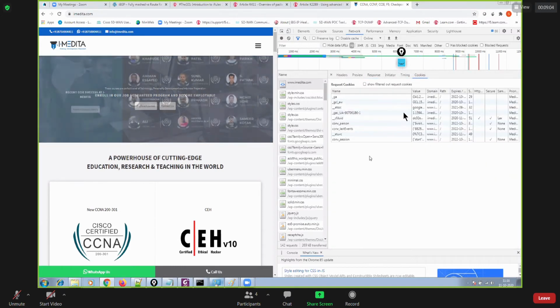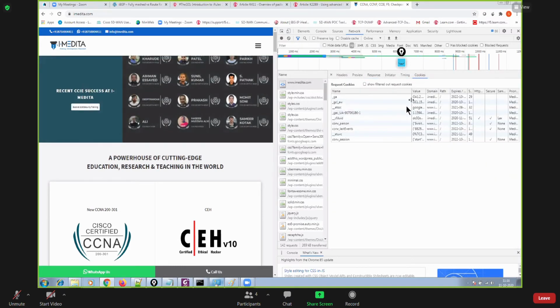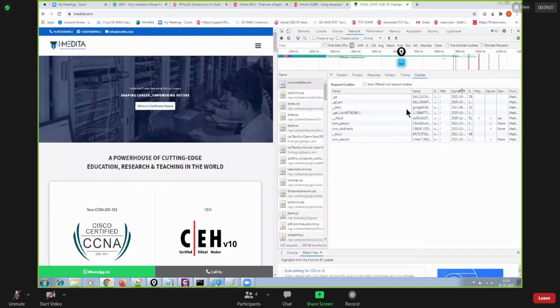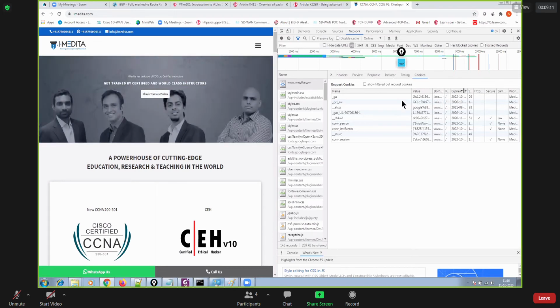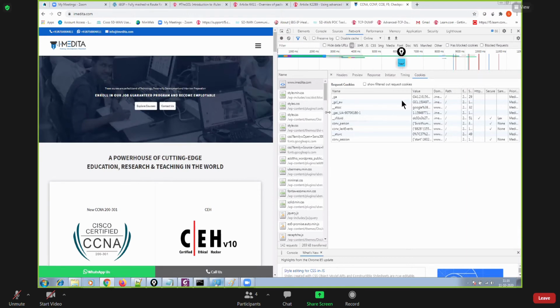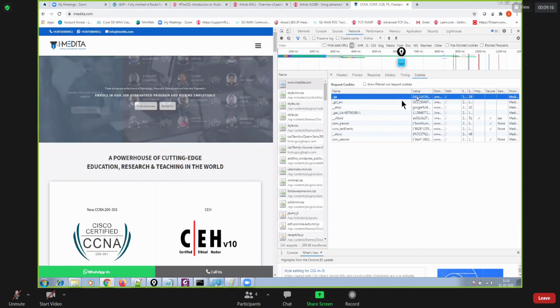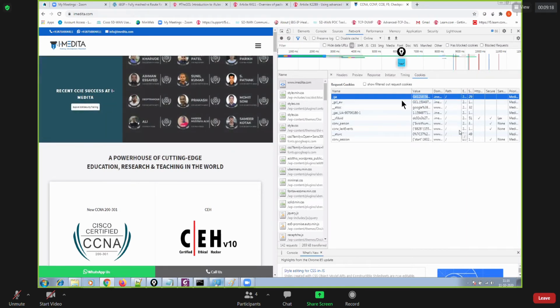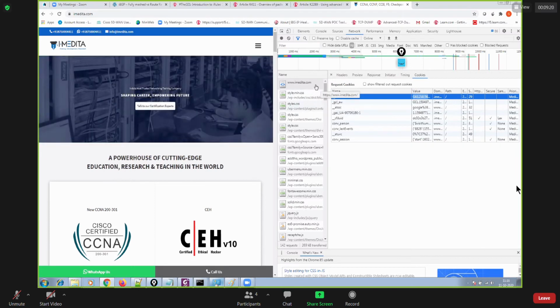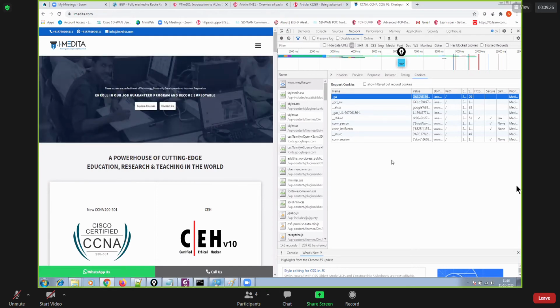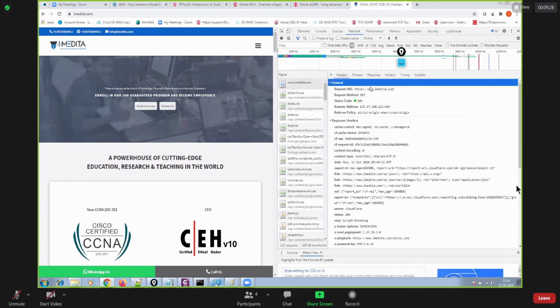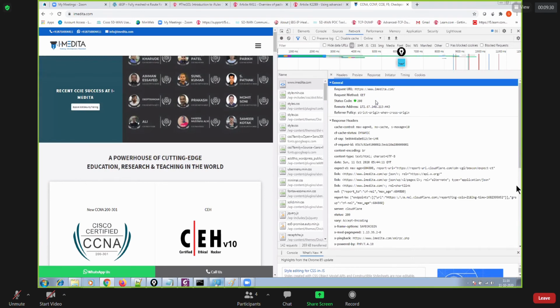Also, you can take a look at the cookies itself, right? So you can see which cookies you are getting here. So we shall be able to read all this information that we can capture onto our portal. So obviously, you cannot send the GET message unless you have the TCP connection established, right?